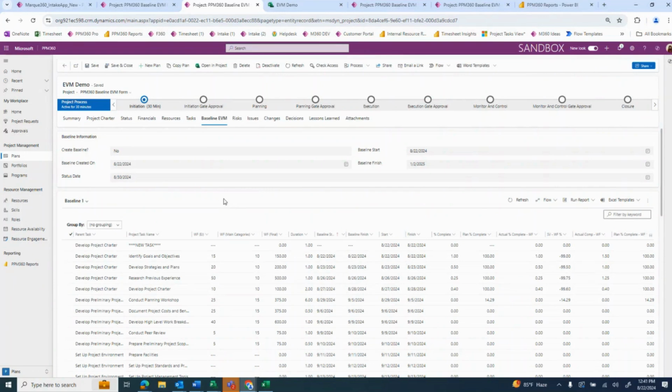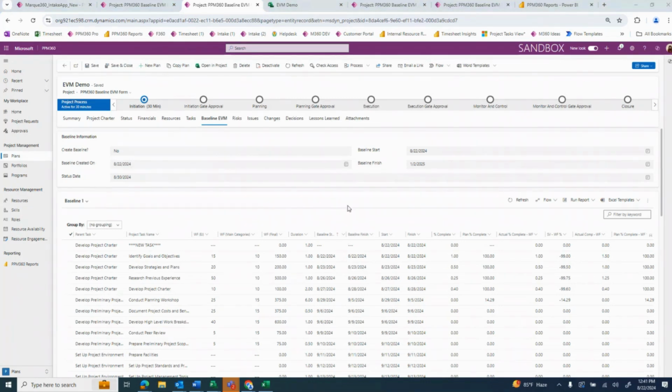So I know we've covered a lot of information today, a lot of high level information. Does anyone have any questions about the customization capabilities or how this works in Planner? Okay, well, since we have time, I'm going to go ahead and show